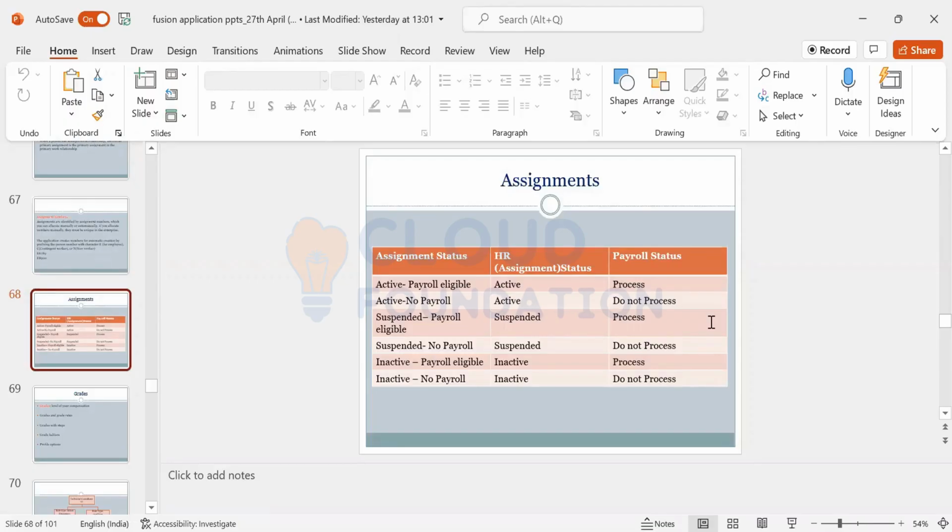Process inactive means HR status is inactive. Payroll status process. Assignment status inactive, no payroll. HR status inactive, payroll status do not process. So this is an interview question. It is asked everywhere.